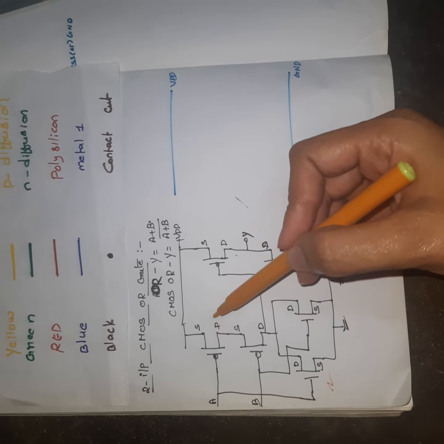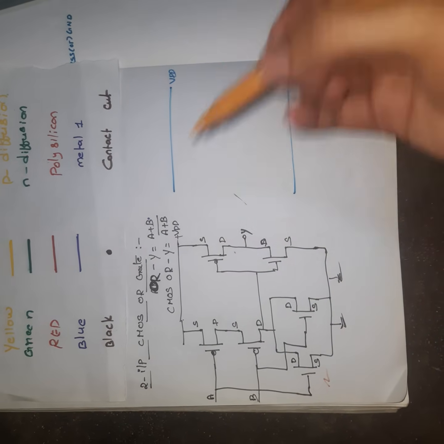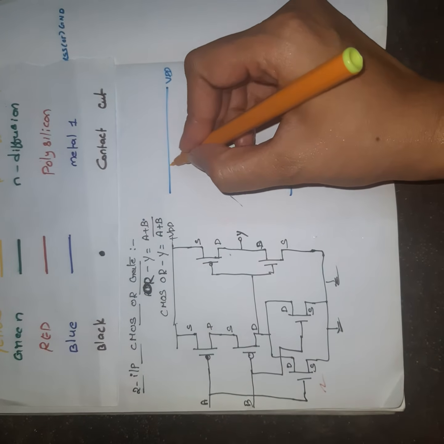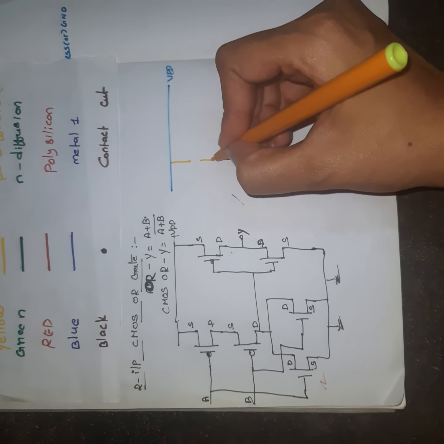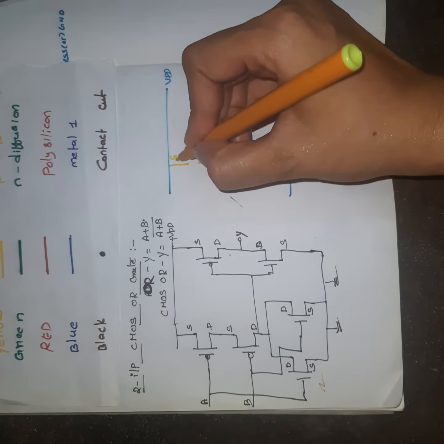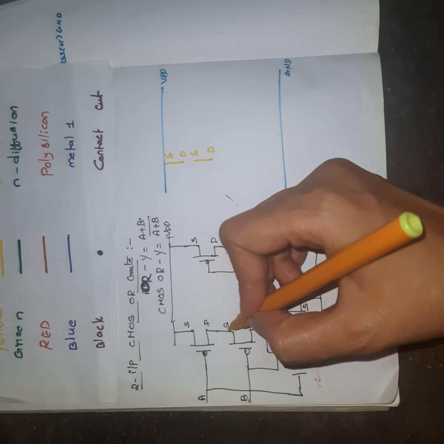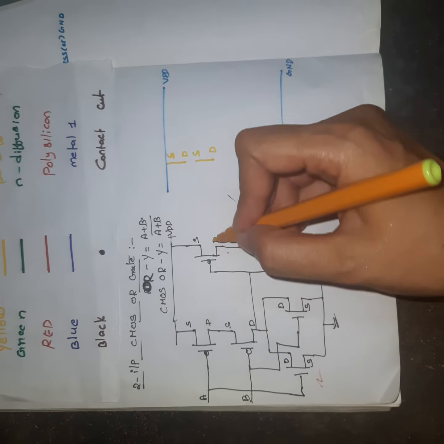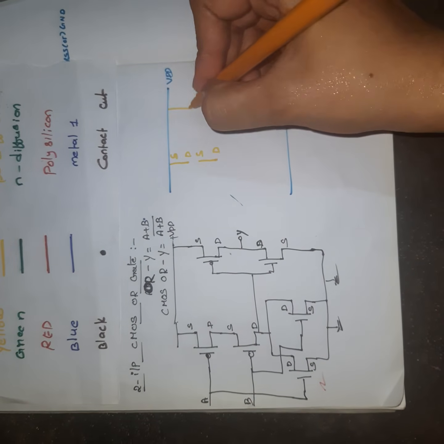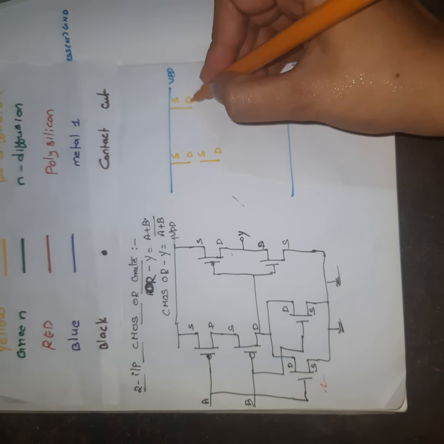In the pull-up network, there are three PMOS transistors. Two transistors are in series. This is one transistor and this is another transistor, drawn in P diffusion layer. This is a source terminal and this is a drain, and source and drain. For this series representation of transistors, one more transistor is connected in parallel. See, the source is connected to VDD, and the drain.